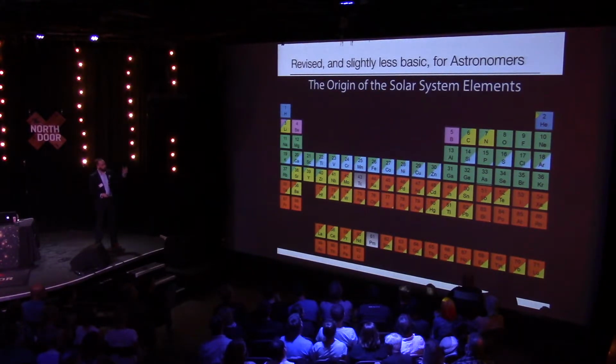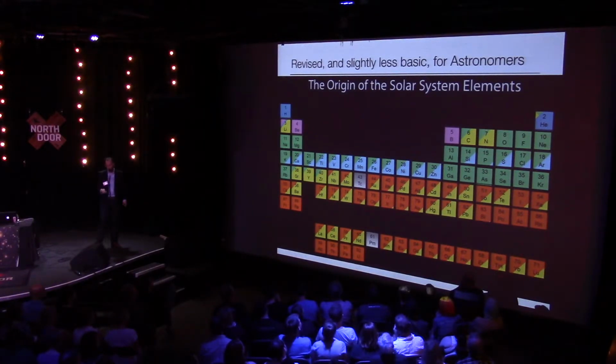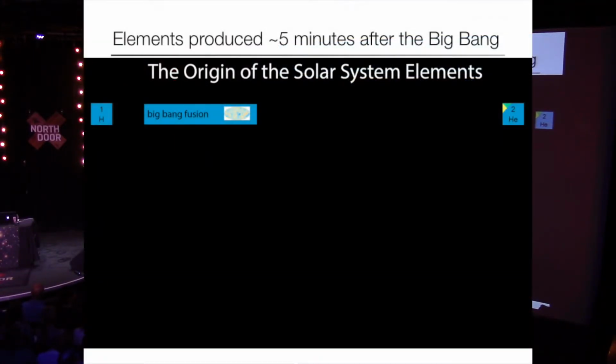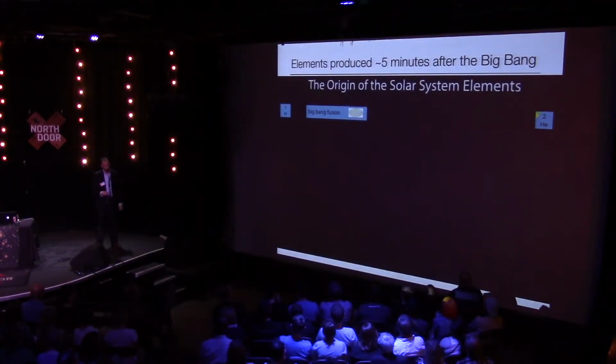So how do we understand these elements? We want to understand the origin of elements around us in the solar system. So let me walk through this a little bit. A fraction of a second after the Big Bang, protons became stable. And about a few minutes after the Big Bang, protons started to fuse together to form helium. And for the next few hundred million years, the universe was a very boring place in terms of nucleosynthesis. The universe's chemical composition was completely constant. Okay, so the only element besides hydrogen that is made in the Big Bang directly is helium and a very, very trace amount of lithium.